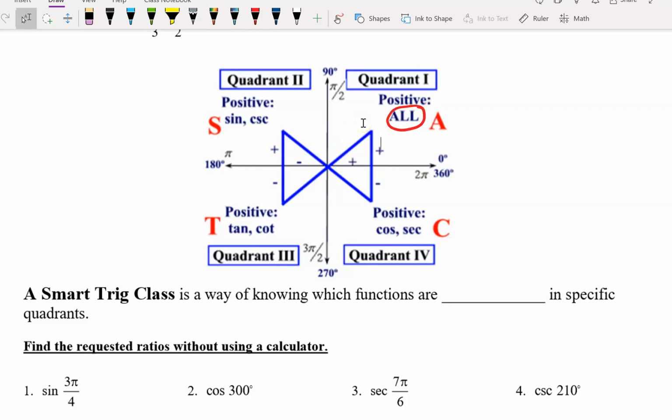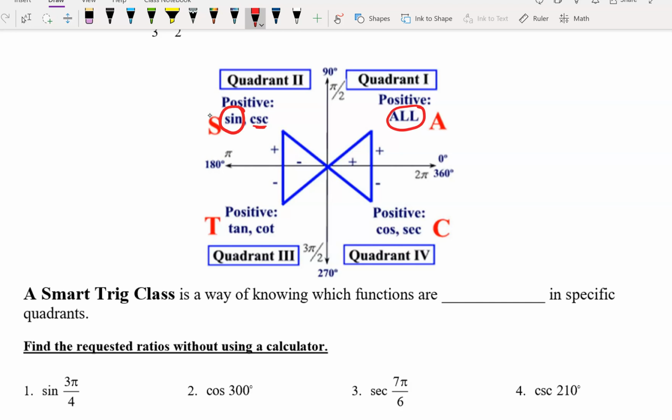So that means sine is positive, cosine is positive, and tangent is positive. And also the inverse of sine, which is cosecant, the inverse of tangent, which is cotangent, and the inverse of cosine, which is secant. Those will all be positive in quadrant 1. But in quadrant 2, the only ones that are positive are sine and its